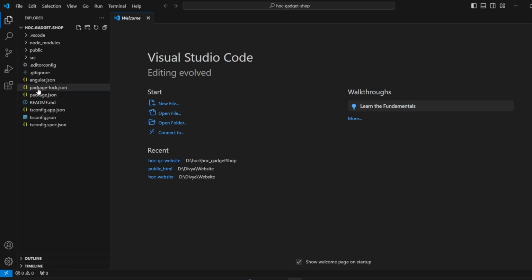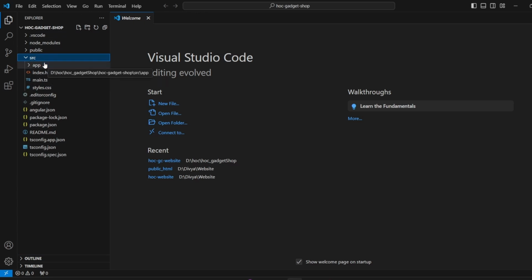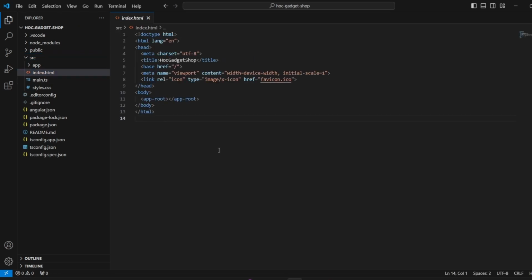If you take a closer look over here, you'll see that src folder is there, and this is the folder that you want to focus on right now. We have index.html file. So how you can understand is that this is the top tier file of HTML template. Whatever is rendered in the browser, it is being rendered at the top level from here, and inside the body tag we have app-root. So this contains all of the HTML information that will be shown on the screen. How do I make sure that what I am saying is correct? I can show you over here